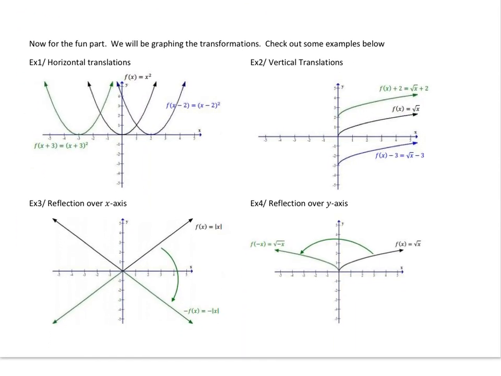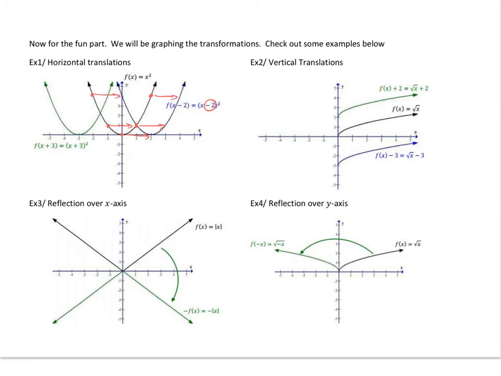So moving on, the graphs. So you can see that when we have horizontal translations, it is quite literally just taking this center graph, right? Even with the points that we mentioned earlier, negative 1, 1, negative 2, 4, 0, 0, positive 1, 1, and positive 2, 4. You can see that if you have x minus 2 squared, that quite literally takes all of the points and just shifts them over